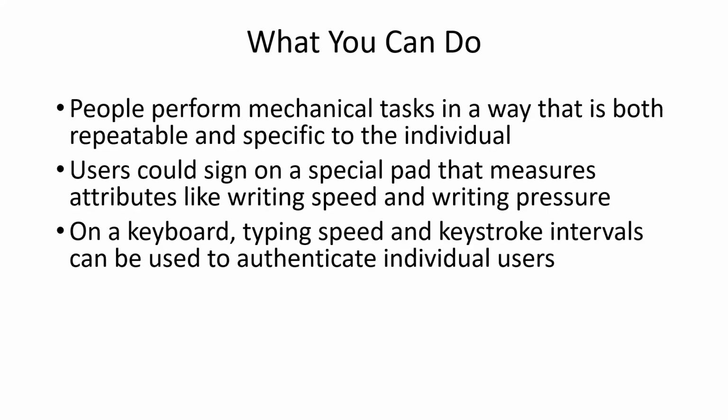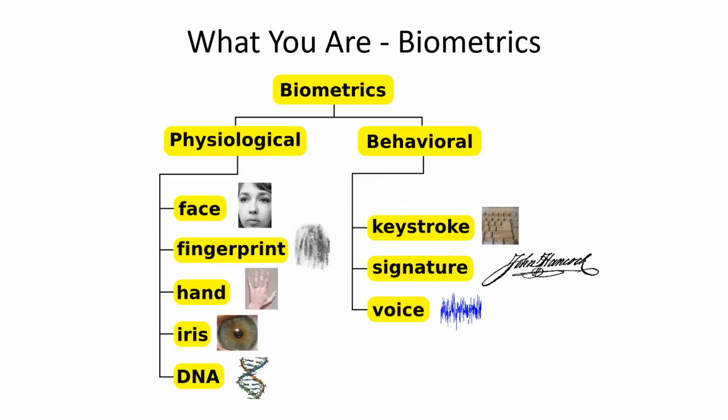Again, it's not perfect, but it gives you a rough approximation. If someone enters my name and doesn't do it close to the speed, the timings that I do it, it may very well not be me. I might reject it. I used to live many years up in the far north regions of this country, in Minneapolis. It gets cold up there, real cold, and even if you're wearing your mittens, your fingers get cold and don't bend real well. It's hard to type anything. Biometrics is a way, again, things you can do, things you are.